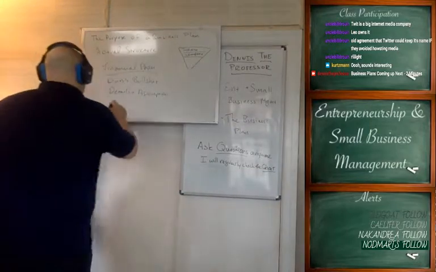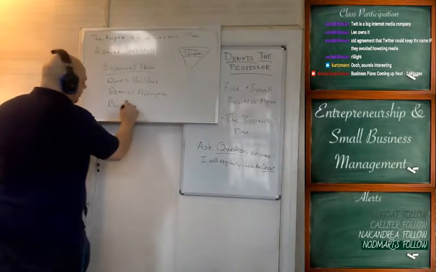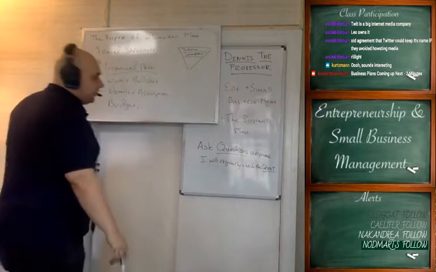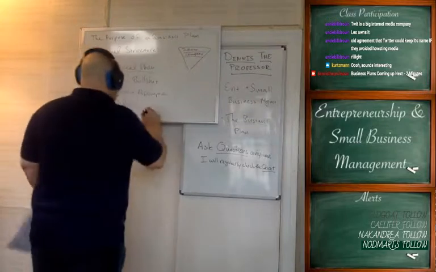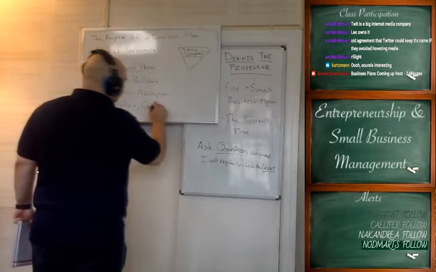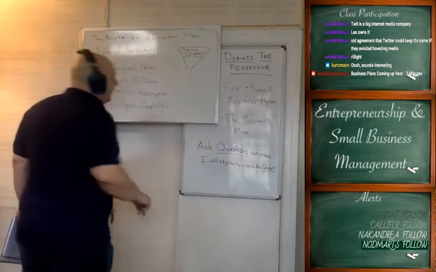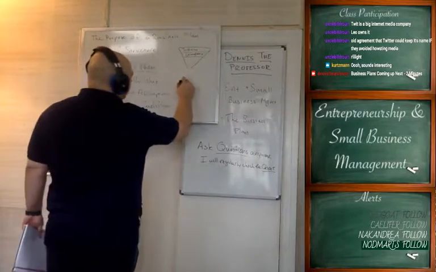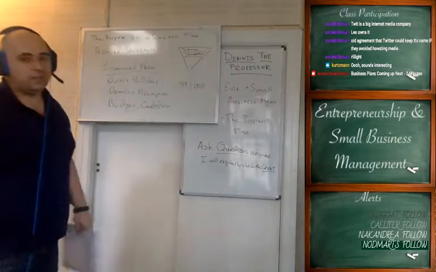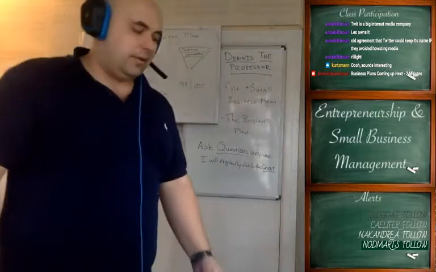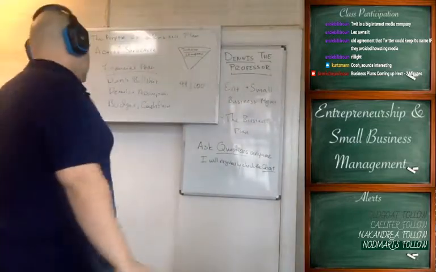Next thing you want to talk about is budgets. How are you setting your budgets? How are you spending them? How are you deciding whether or not something is worth doing? And you're going to want to talk about cash flow. In this case, cash flow is king. If you have a business that is spending $99 and earning $100, you can keep that business alive indefinitely, as long as the timing of those cash flows are the same.